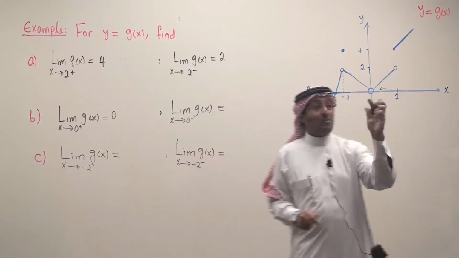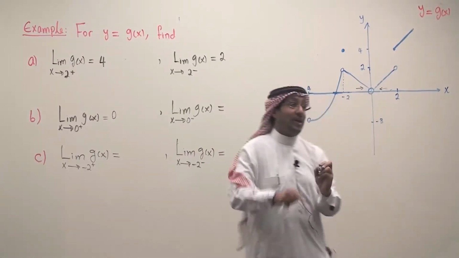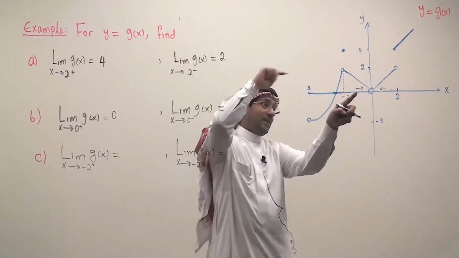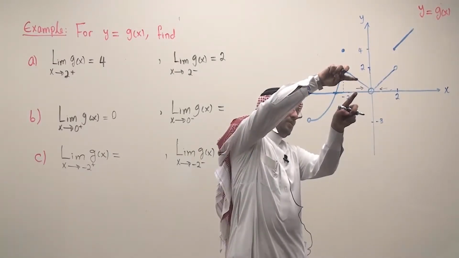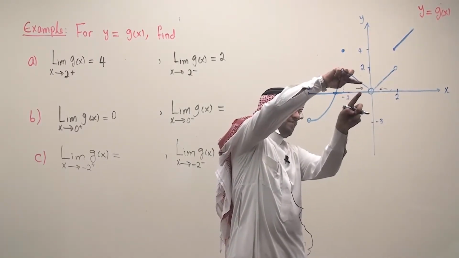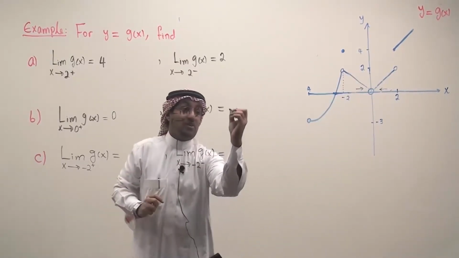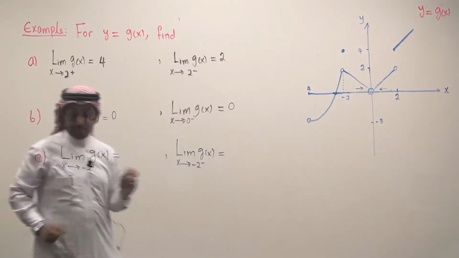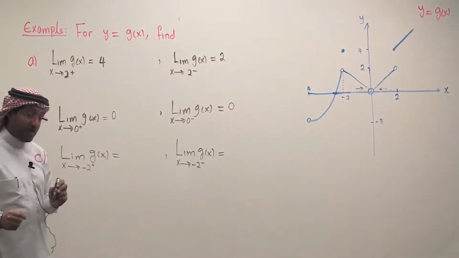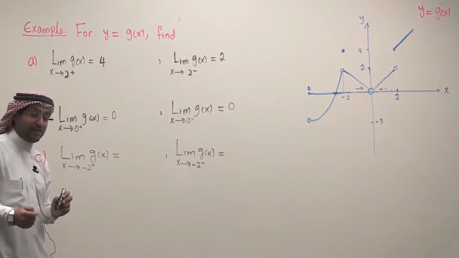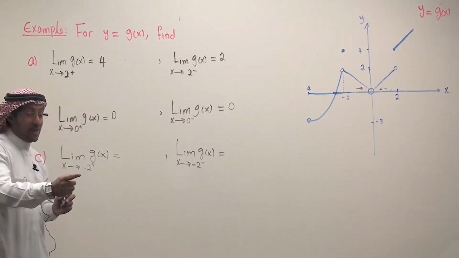So as x approaches 0 from the left this way, so this is my x and this is my y. As I approach 0 from the left, I see the curve is going toward y equals 0. So it is 0. Let's see the final one, the limit of the function g of x as x approaches